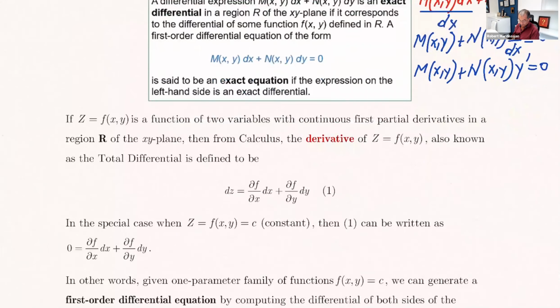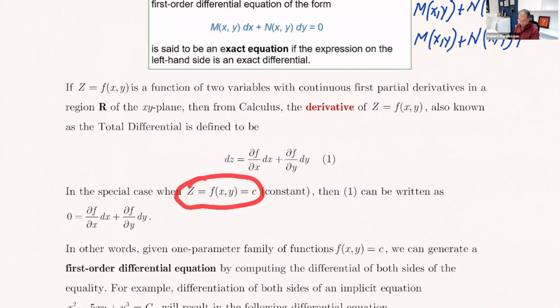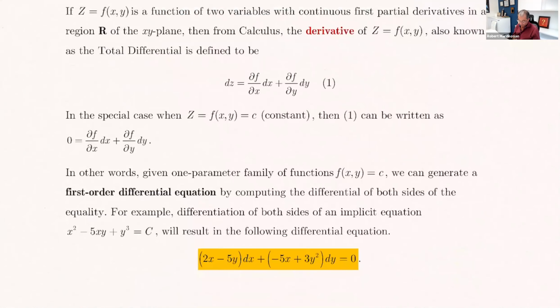Now, there are some cases where this function equals a constant. So when you write the total differential, that expression becomes 0. Let me read that for you. In other words, given a one-parameter family of functions f(x,y) equals c, we can generate a first-order differential equation by computing the differential of both sides of the equality. For example,